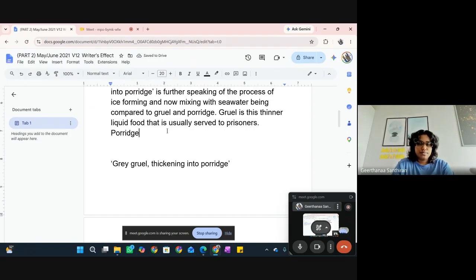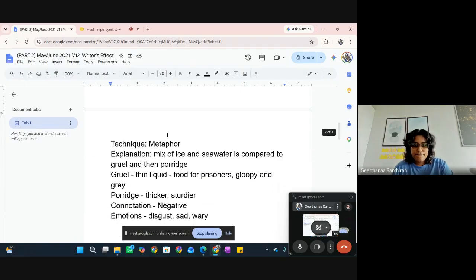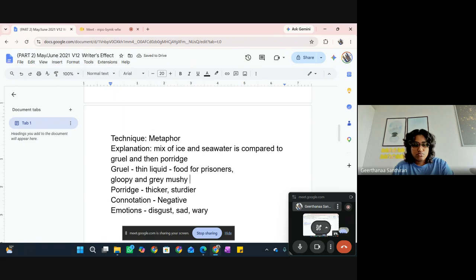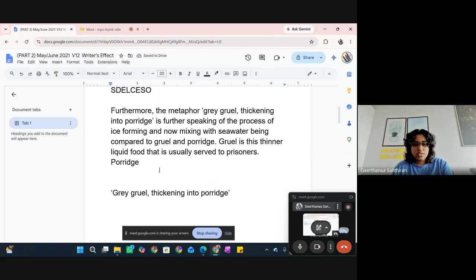Porridge, gray and gloopy and mushy. Maybe I will use this when I connect it to the appearance of ice. Porridge is much, well, porridge